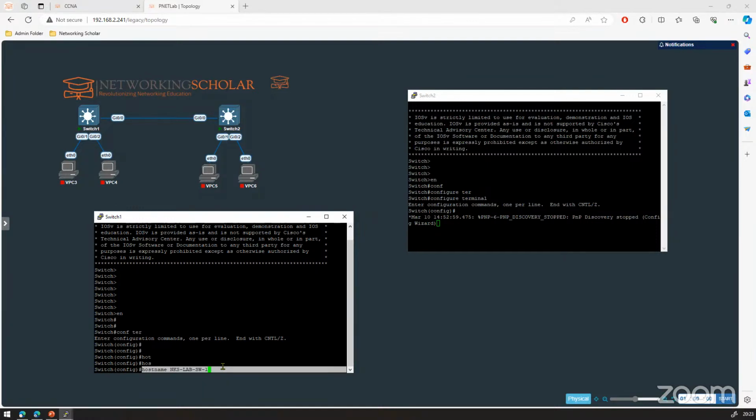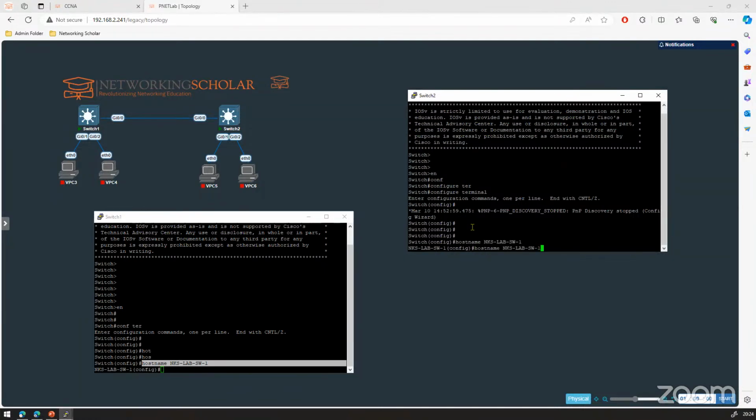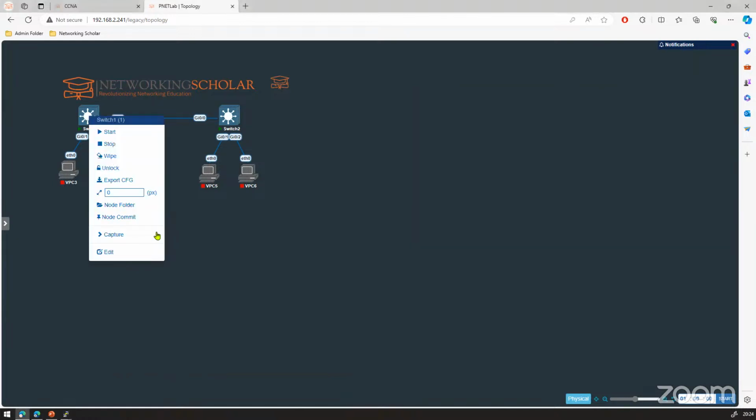Okay, so now here you can see the name got changed, and the new name is NKS Lab Switch 1. We are also going to use this syntax again on Switch 2, just changing the last digit from 1 to 2. Here you can see this is the name of switch 2, and we can understand how it looks. Okay, one more thing I am doing here, I am just capturing the